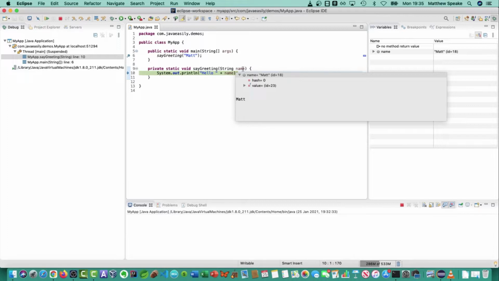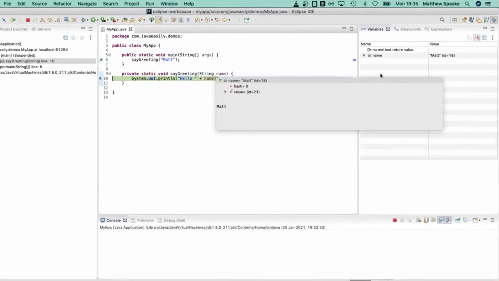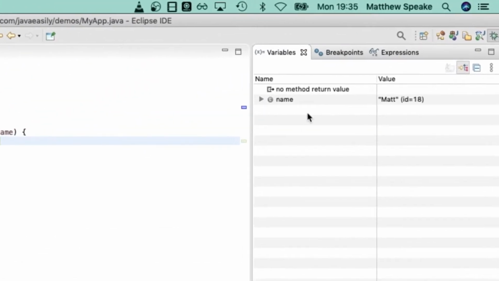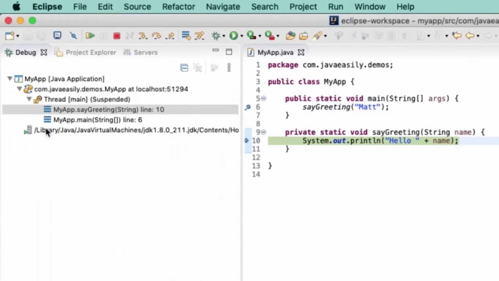It's not us programming it, it's the JVM running it now. And you can see over here we've got variable name, it's set to Matt. And then over on the left-hand side, you can actually see what's known as the call stack. That's basically showing us the sequence of calls that have been called. It's kind of funny, but it goes from the bottom up. So it's saying basically the first thing that it ran was the main method in the myapp class, which happened to take an array of strings. That corresponds to this one here, the main method in the myapp class, which took an array of strings.